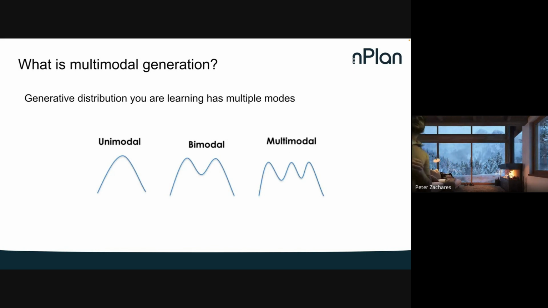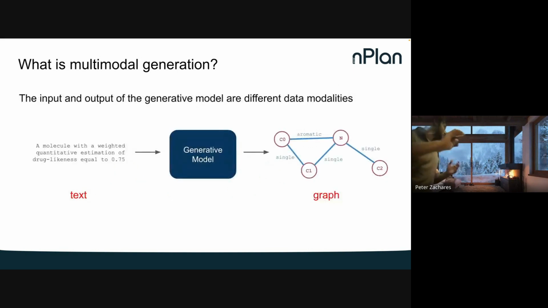This term is actually used in a couple of contexts. One context for multimodal generation is when the generative distribution we're learning has multiple modes. So there could be one area where most of the examples are concentrated around a certain main example, or there might be two canonical examples, or many. That's one example of multimodal generation. Actually, the distribution we had to learn in this paper was multimodal, but I really want to focus more on